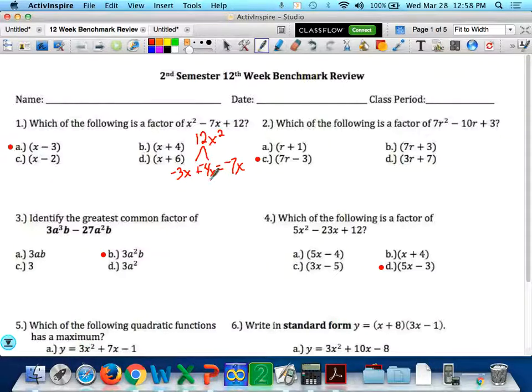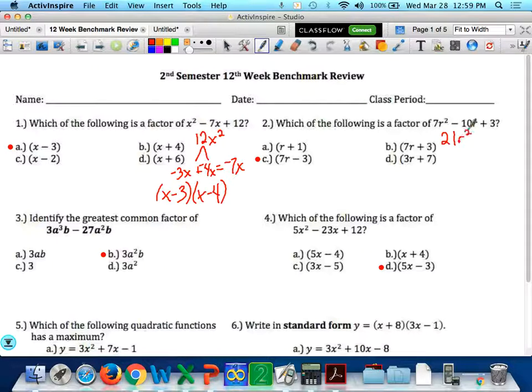Now, if you remember, when there's a leading 1, you can jump straight from this to our factored form of x minus 3 and x minus 4. Therefore, our answer is A. Now, you can also box method this, and we're going to have to with a problem like number 2 because there's a leading 7, which means we can't take that shortcut. So if you don't like that shortcut on number 1, just do the box method like we're about to do with number 2. With number 2, we're factoring again, and we're looking for factors of 21